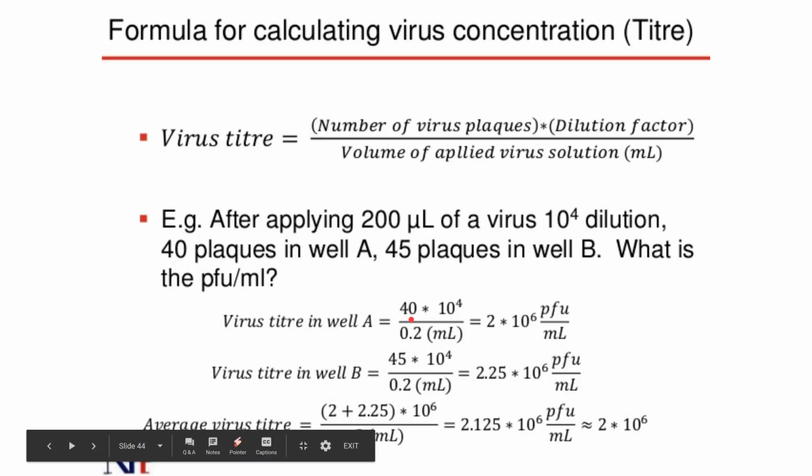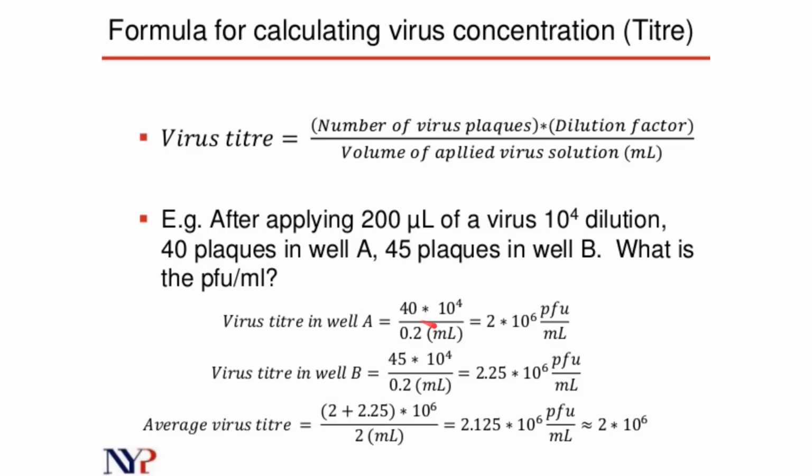فهو number of plaques 40 صح؟ times الديليوشن factor 10 to the power 4 over الكمية اللي أخذتها 0.2 ml right؟ بطلع 2 مليون PFUs per ml. واضحة؟